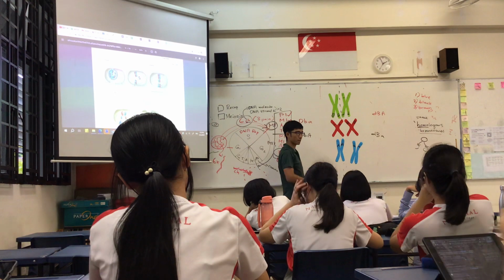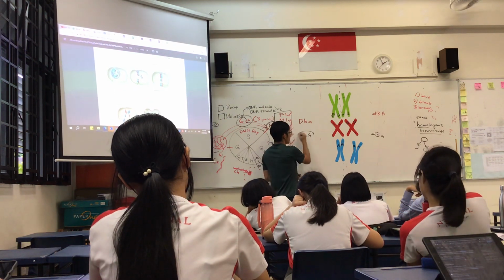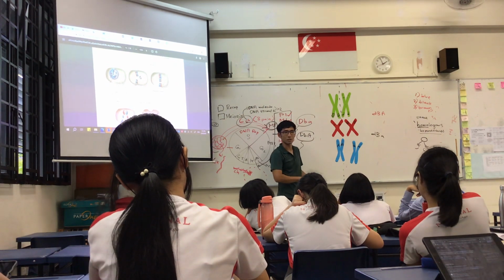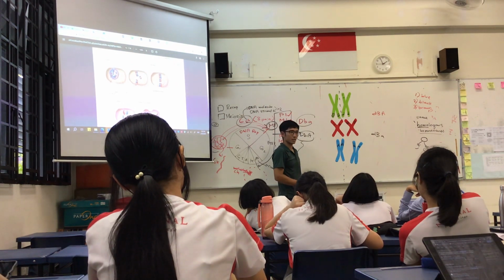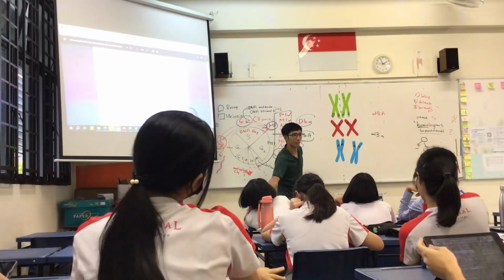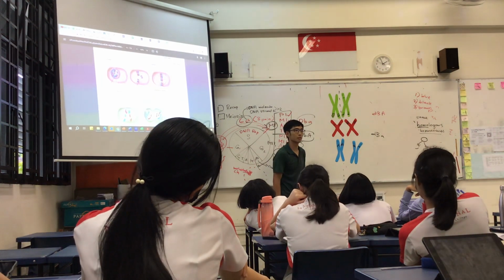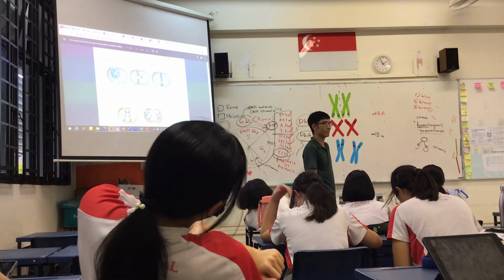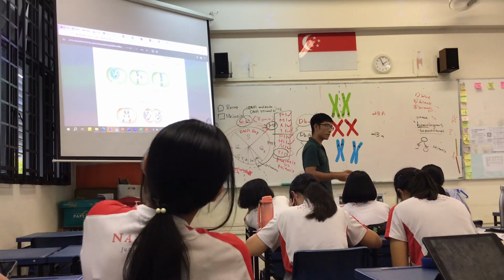But this is important. This allows every single sperm that is produced to have a slightly different combination. If not, you and your siblings will look exactly the same. Yeah. So you cannot control it, it just happens by itself. Yeah, you cannot control. So every sperm and egg that you